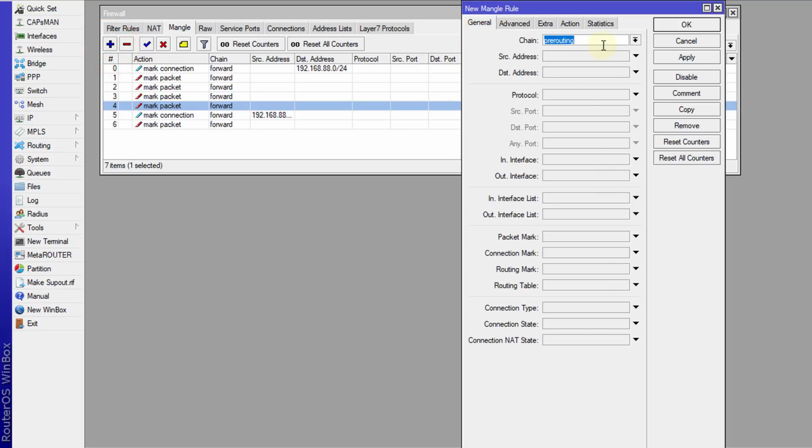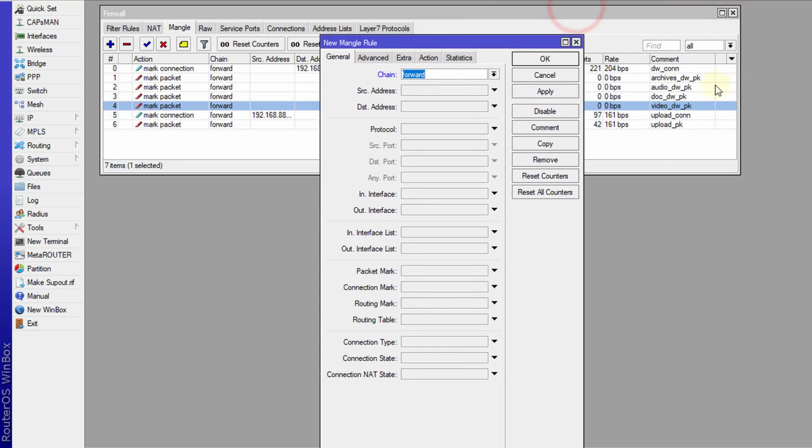This is for any other traffic that is downloaded that is not of a certain file type, just for everything else, everything that is not archive or video or audio or documents. So I'm going to